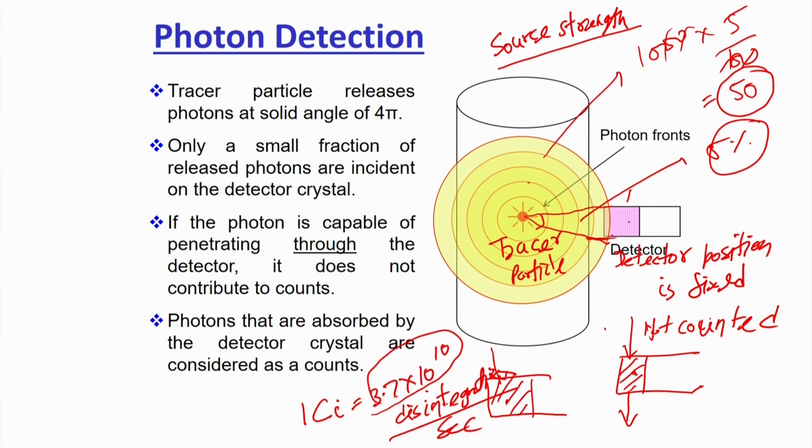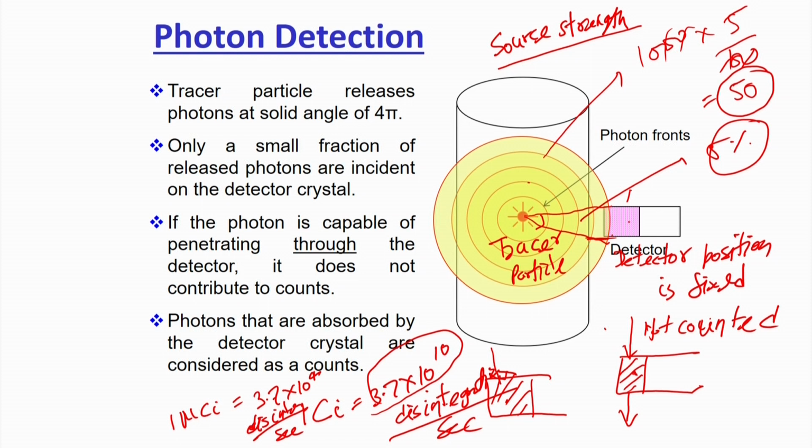second. Now, suppose my source is 100 millicurie, then what will happen? You have to multiply by 10 to the power minus 3 into 100, so that way these values will be modified. If I say that I have a 1 microcurie source, how much emission will take place? You multiply by 10 to the power minus 6, it will be 3.7 into 10 to the power 4 disintegrations per second. So if I have a 1 microcurie source, it will emit 3.7 into 10 to the power 4 photons